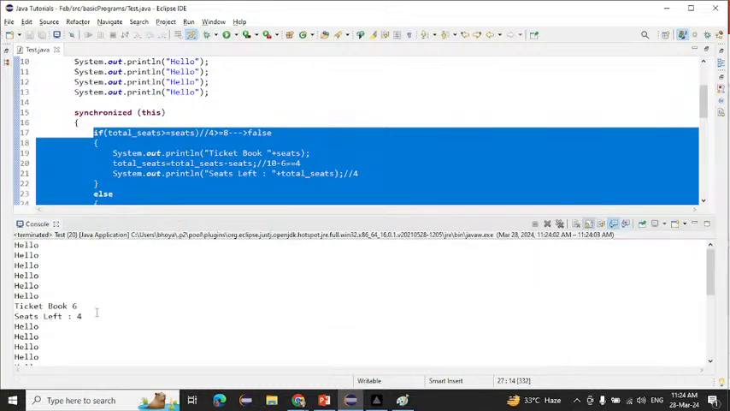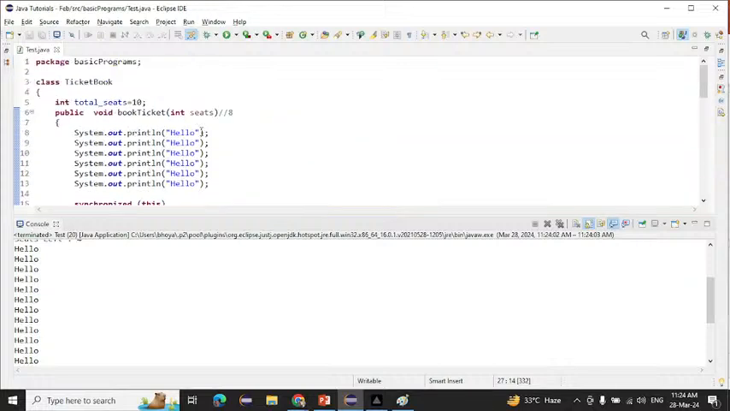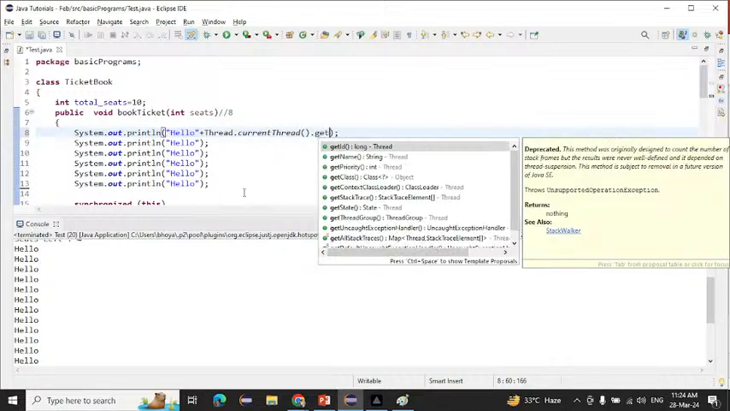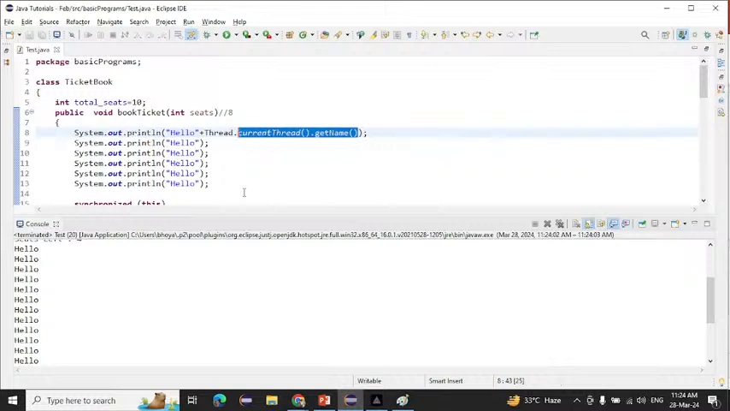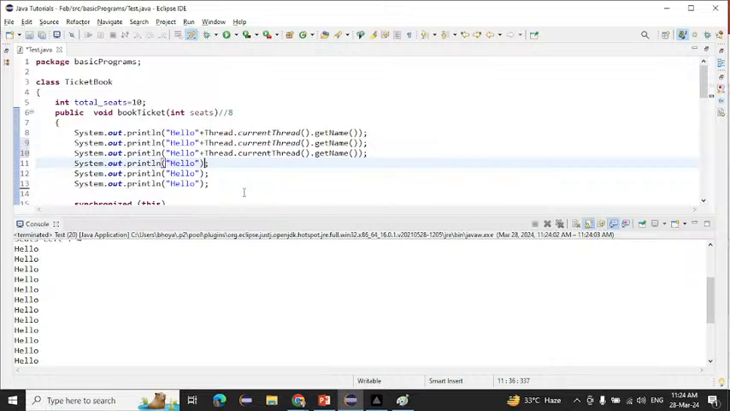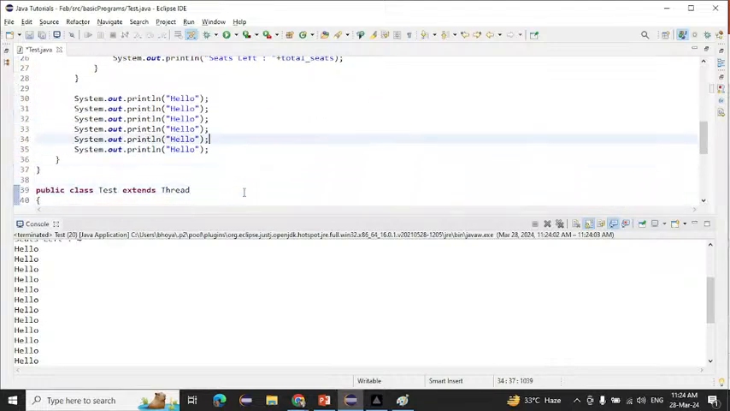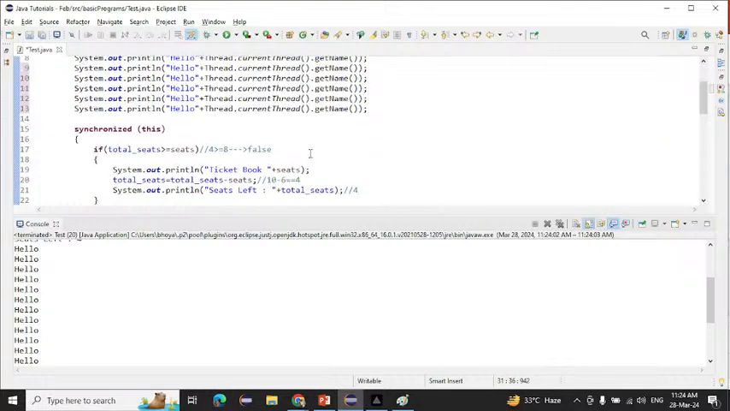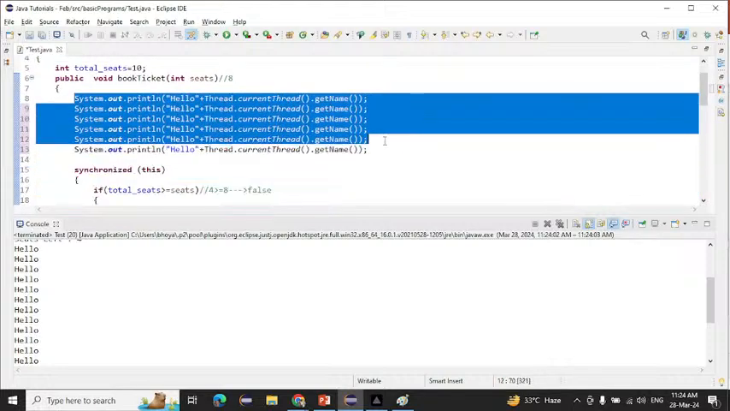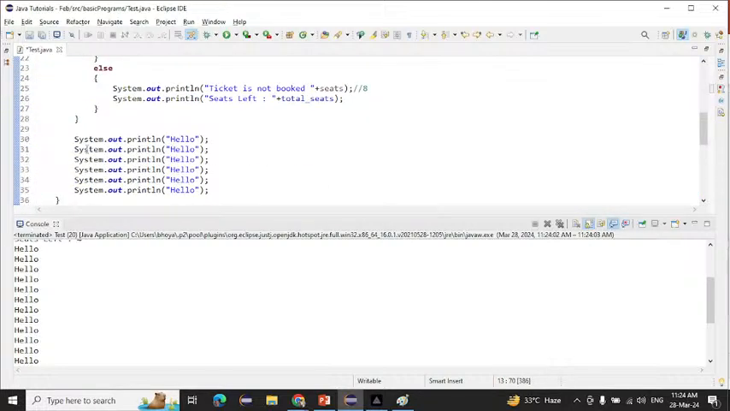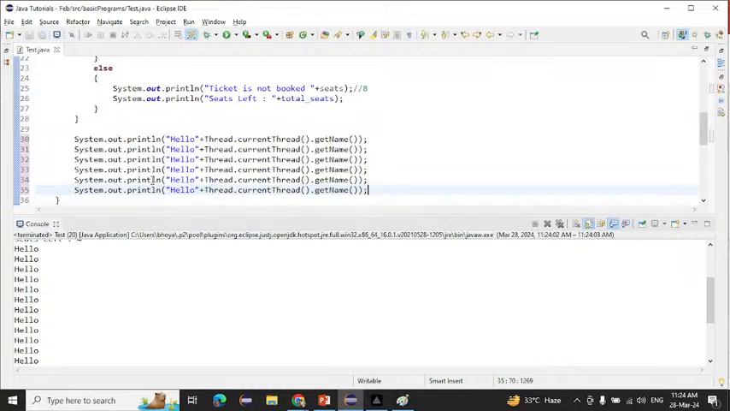Now if I run this one, see, it applies synchronization for this part only. If you want to see that, I will print the name here: Thread.currentThread().getName(). It will increase the time period, wait a minute. With the help of this we can save our time. So I will remove this from here, copy it and paste it here. Now if I run this one,